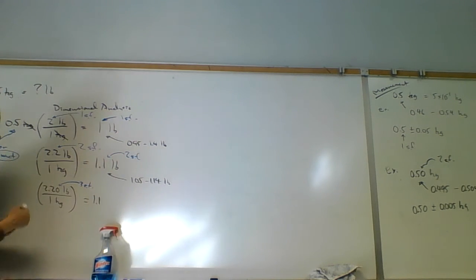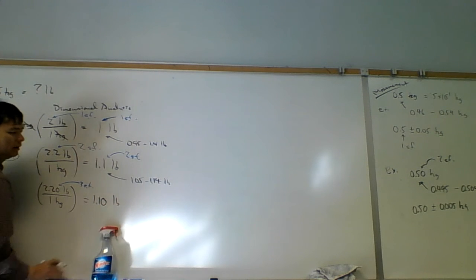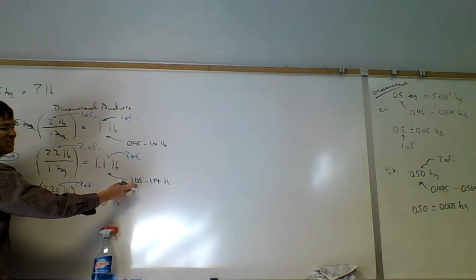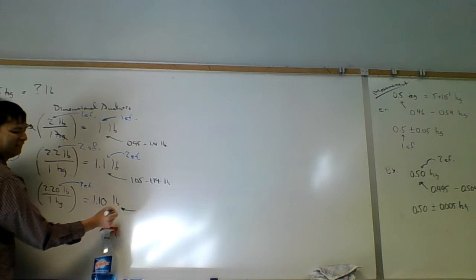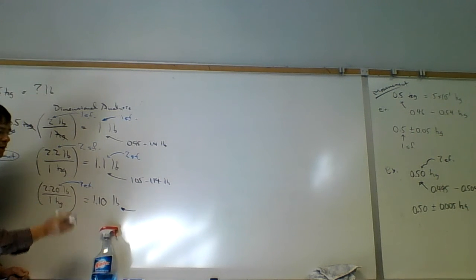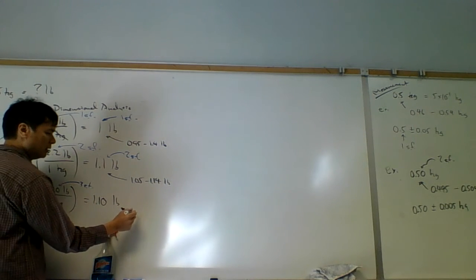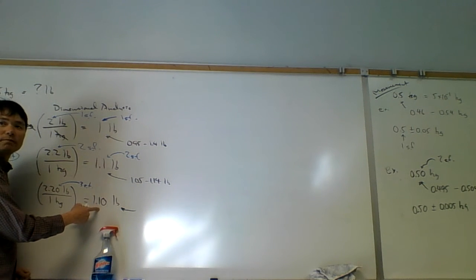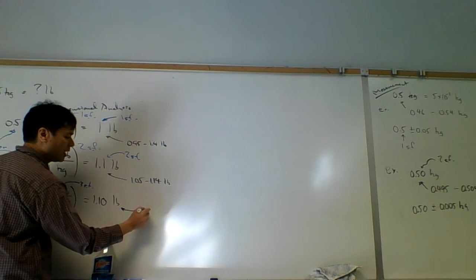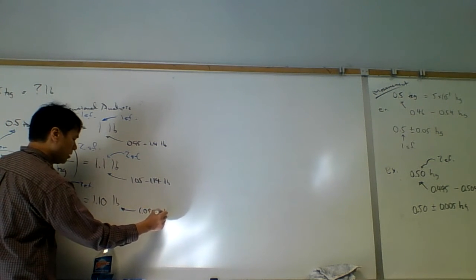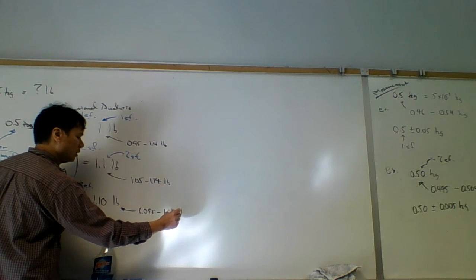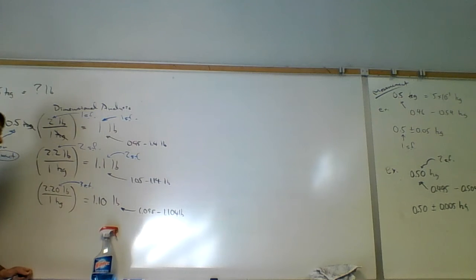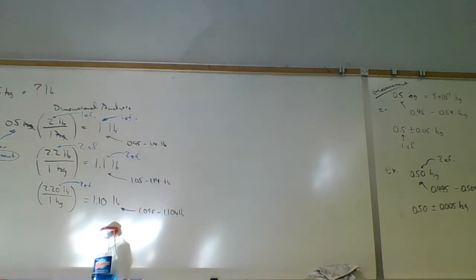This answer is better because you have less risk of losing, but you wouldn't gain as much. There's a tighter range here. And so this would be better because the range would be between 1.095 to 1.104 pounds of gold. And so what we want to do here is let's take a look at the